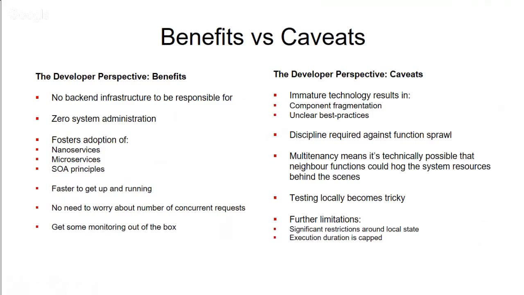And next is zero system administration. I don't have to struggle with load balancing and bringing up my environment when something goes down. So it fosters adoption of nano service, microservice, and SOA principles, so you can adopt them faster. And next is faster to get up and running, so you can make your app up and running in a